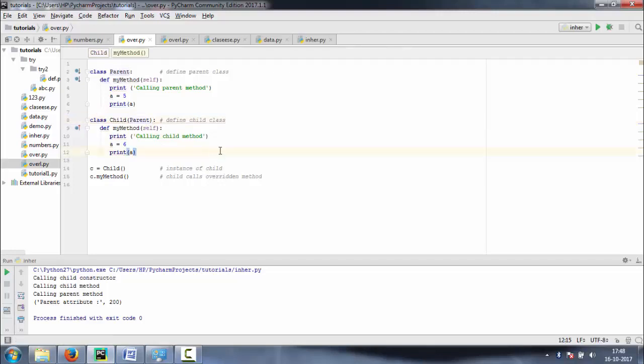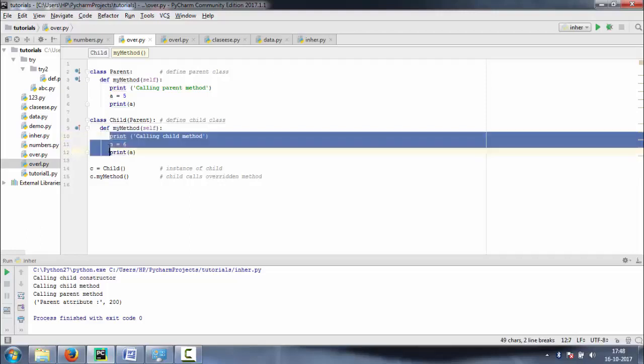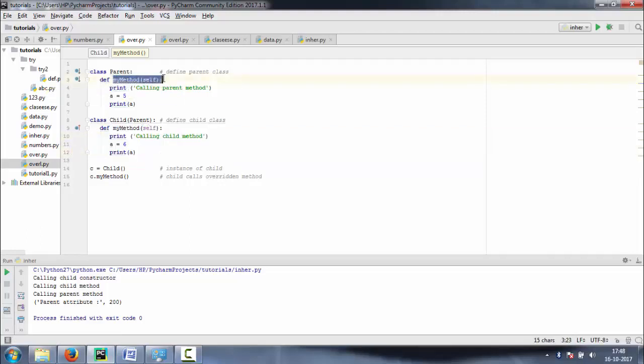And here it overrides this method, my method. It's a parent class method, but in the subclass we redefine it without changes to the parent class.